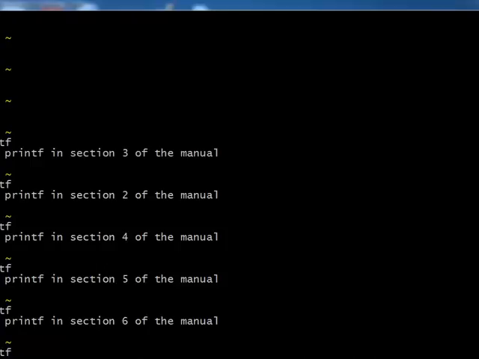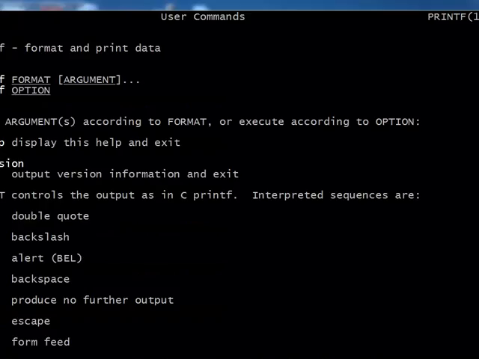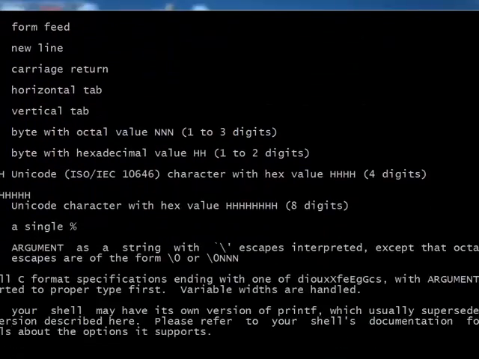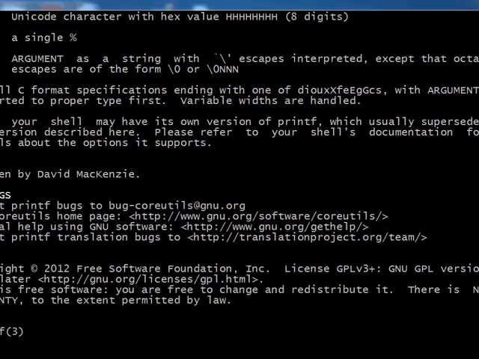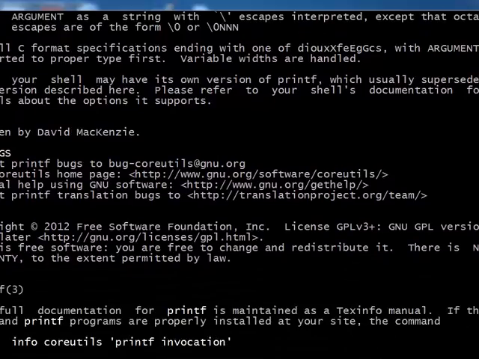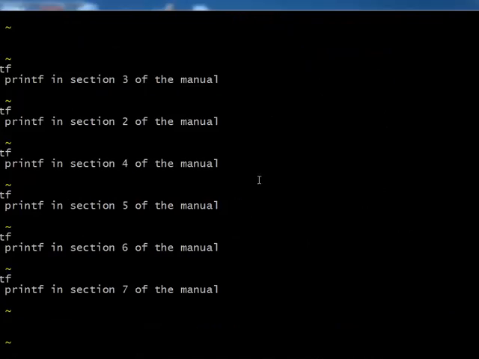No. It should have been in the third section because section 1 is for commands, and section 3 is for the C standard library. Okay. You see, it says printf(3). So I think you need to install the documentation of the standard library, possibly then you will get it. Okay. So that is about